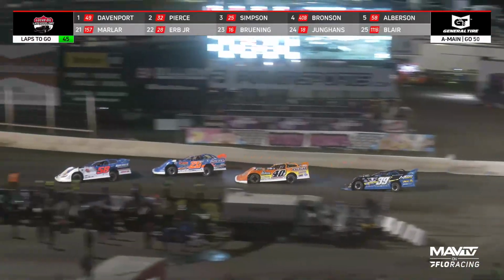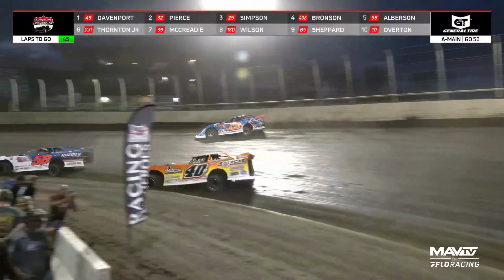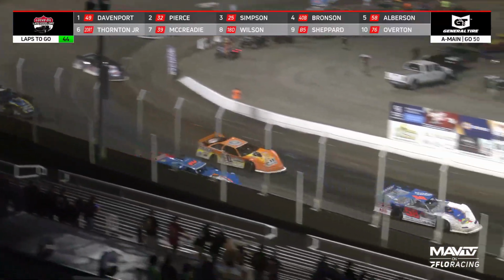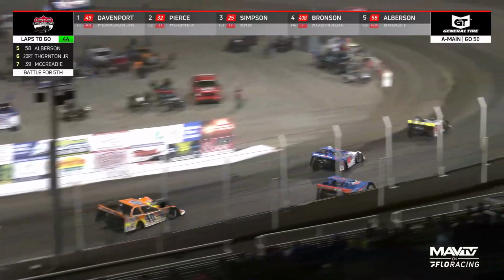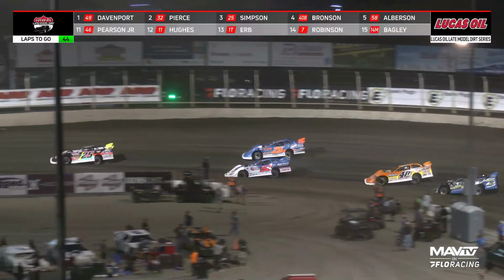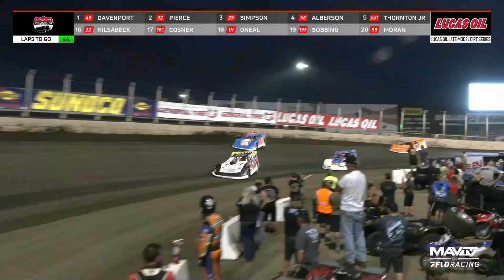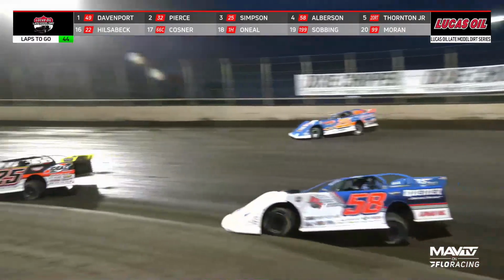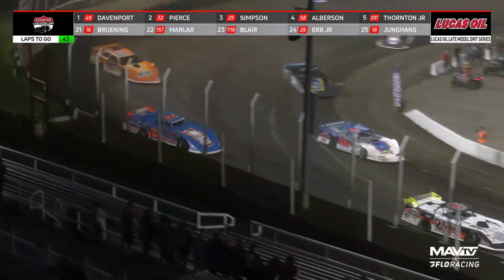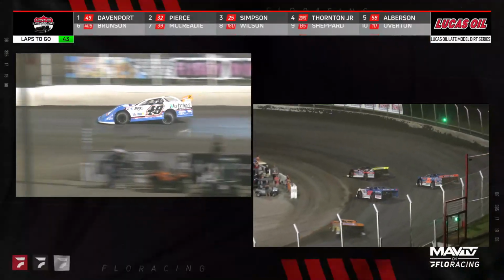Ricky Thornton Jr.'s the meat in the sandwich, as Garrett Alberson's got a good hot rod in that Roberts Racing 58. He's going to try to drive back down to the bottom. He and RTJ have been side by side nearly the entire race. They both work around the 40B of Kyle Bronson. At the front of the field, it's still JD by 1.6 seconds over Bobby Pierce. James 6 making 7 laps now scored. It is Chad Simpson, Garrett Alberson, Ricky Thornton 5th, and it's Bronson, McCready, Dalton Wilson, Shepard, Overton running in 10th